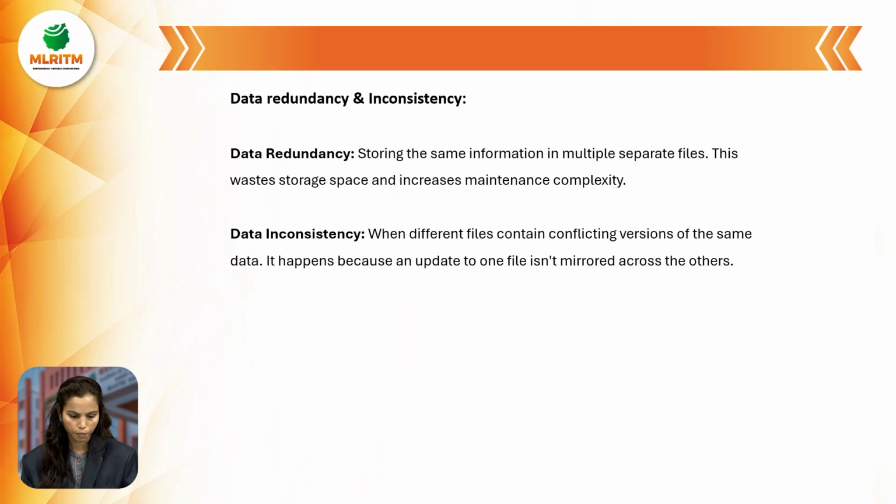The first one is data redundancy and inconsistency. What is data redundancy? Redundancy means the data has some duplications. So data redundancy means storing the same information in multiple separate files. This wastes storage space and increases maintenance complexity. And data inconsistency means when different files contain conflicting versions of the same data. It happens because an update to one file is not mirrored across the others. For example,